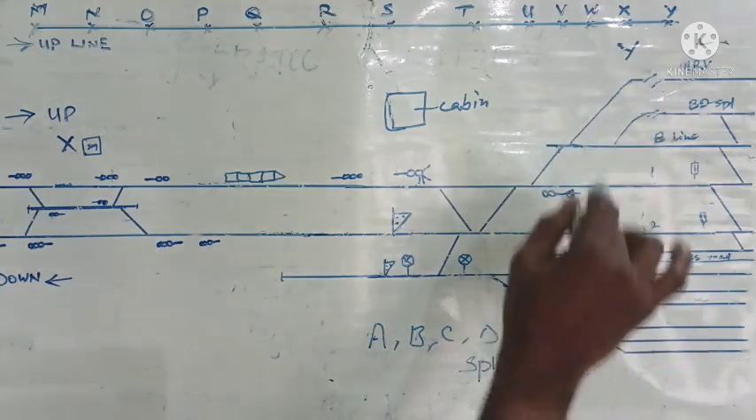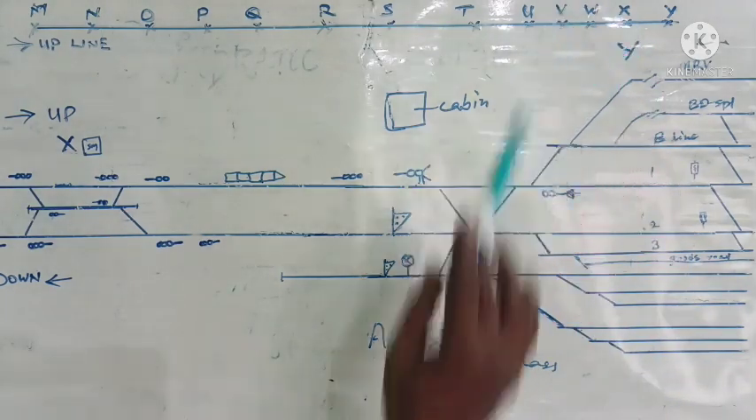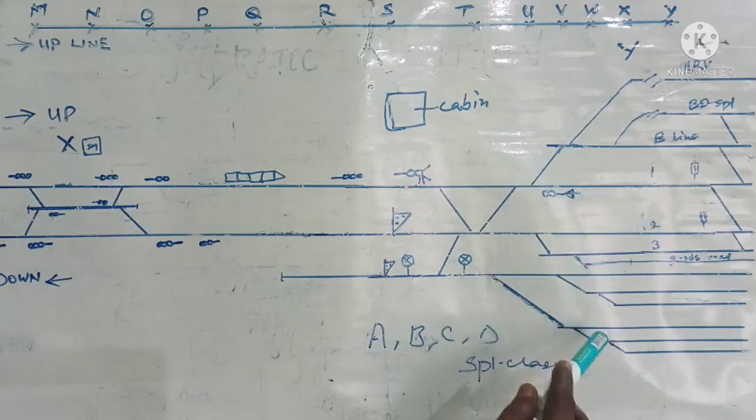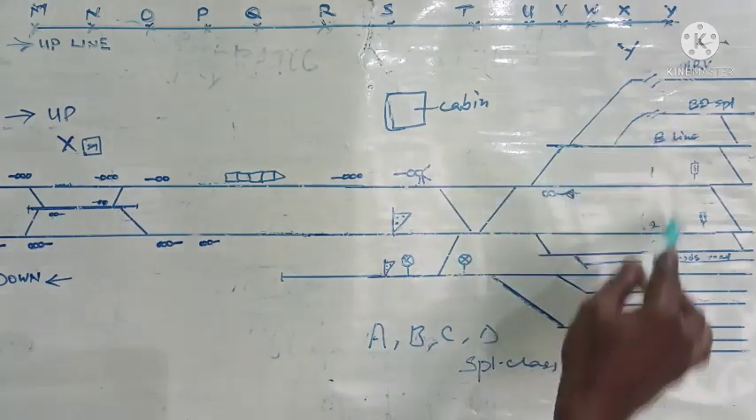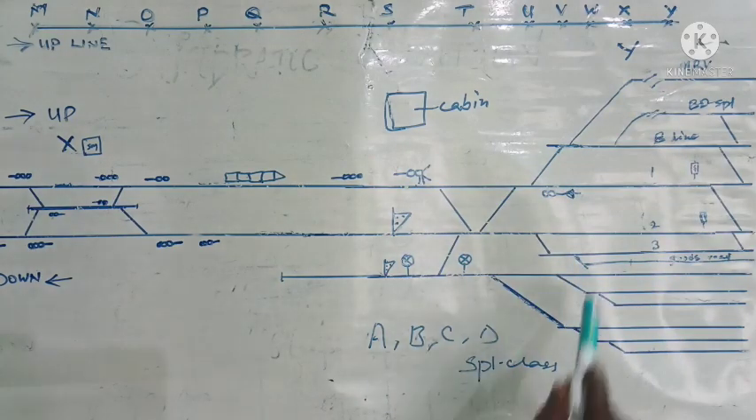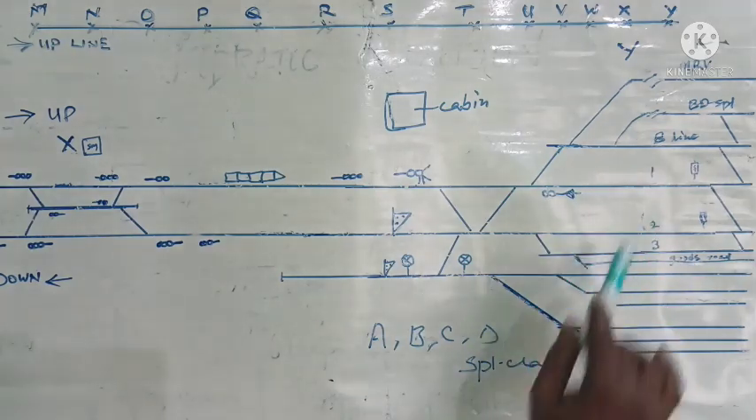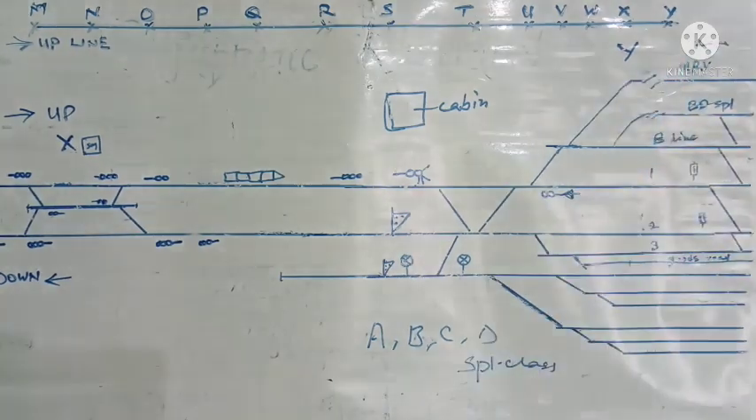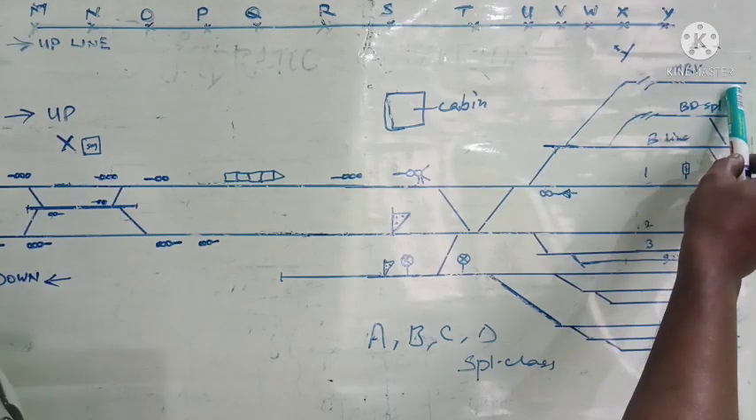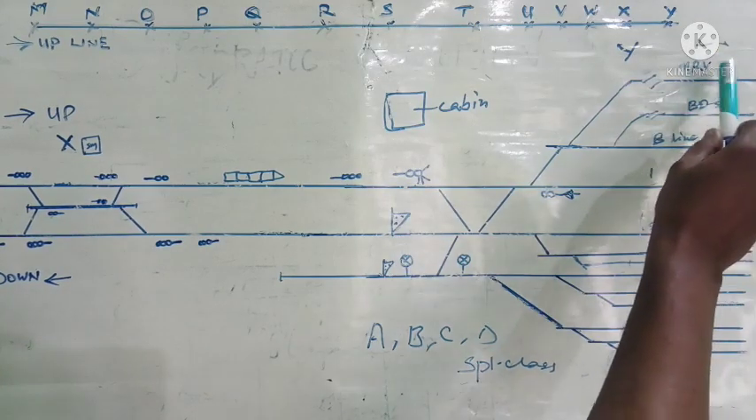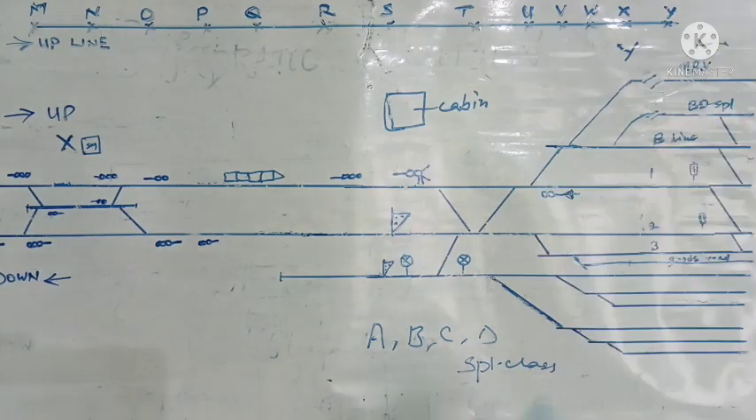Now let us see some special features of this station Y. I already told you it is a terminal yard, and let us see what are the other peculiarities or features of this station. Here you can see the MRV siding, MRV meaning medical relief van. So this is a siding where the medical relief van will be stationed. This medical relief van is to be sent to any accident spot to give first aid and also other treatment